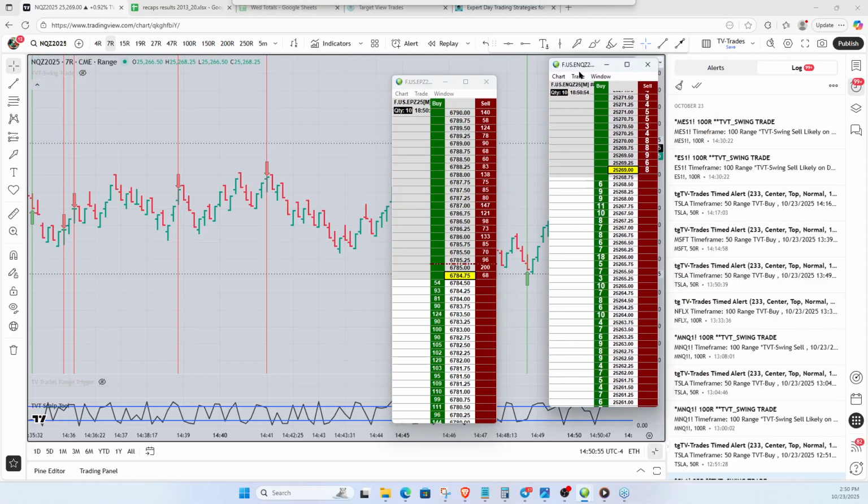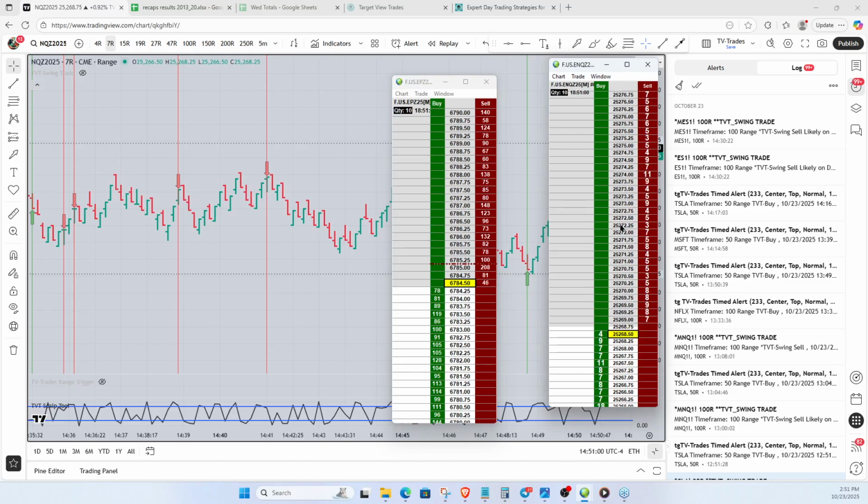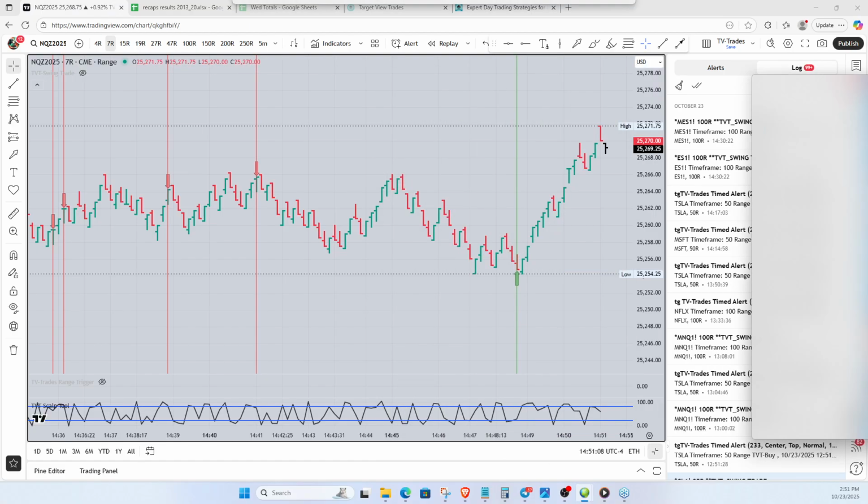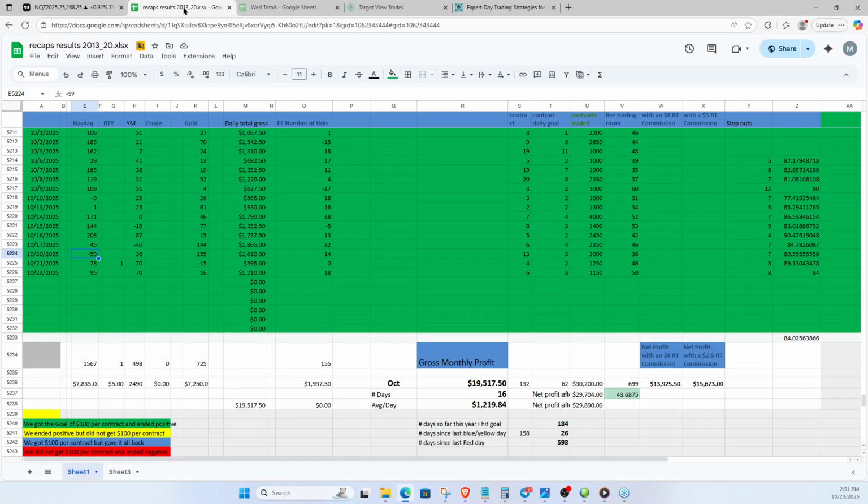Hal, to answer your question, when I see a spread in the NQ, I just don't trade it. There were some days earlier this week the NQ was spread, and I just stopped trading it. That's why you saw that day where I was down on the NQ. I'm not usually down on the NQ, and you saw on this day right here, Monday, I was down on the NQ. It's because I got in there and started trading it a little bit, and it wasn't working for me. There was too much of a spread, like a 5-tick spread in there, so I decided not to trade it at all. After I was down a little bit, I didn't even try to get back. I ended up trading a whole bunch of gold, as you can see.